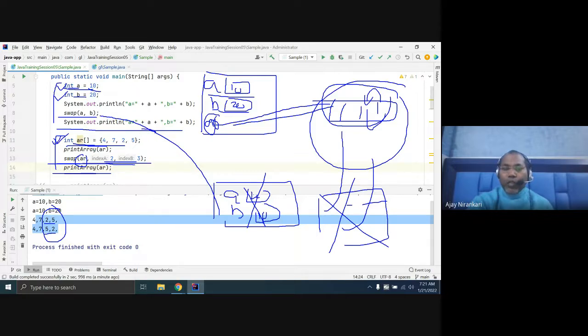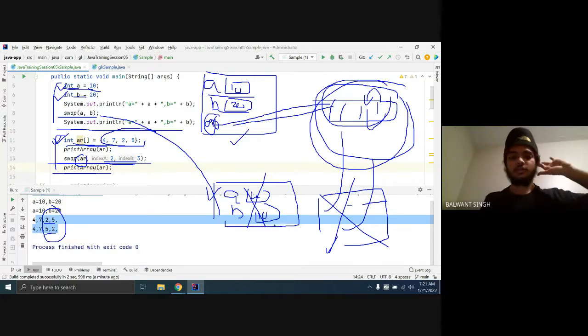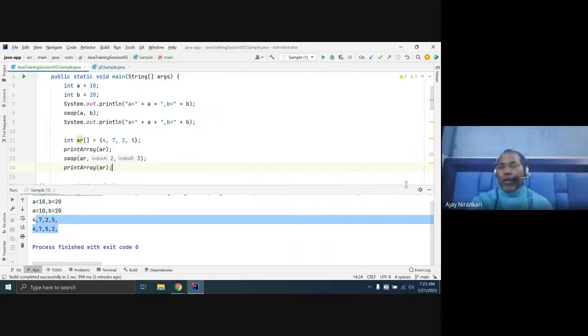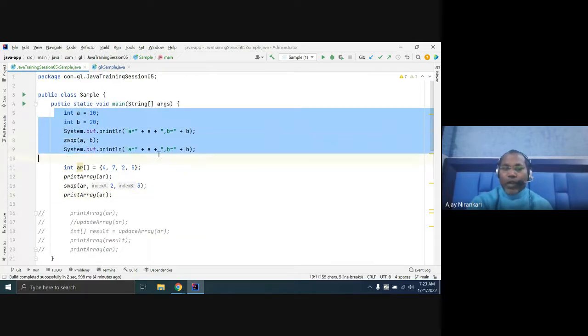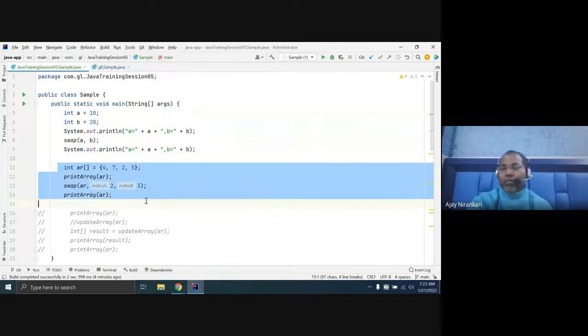Arrays are stored in heap memory, and that can be shared across multiple methods. Hope it is clear how primitive values work and how arrays work.